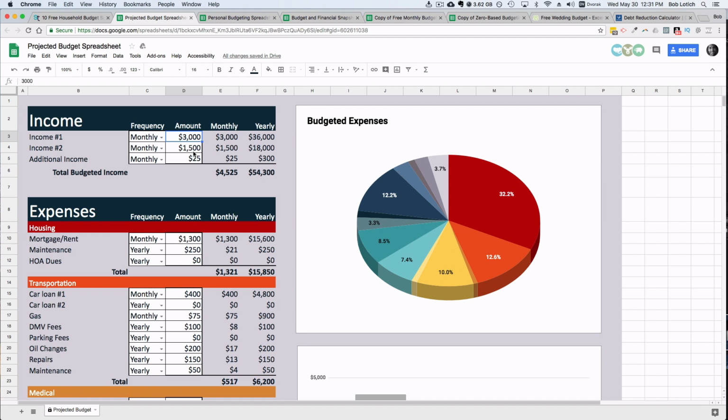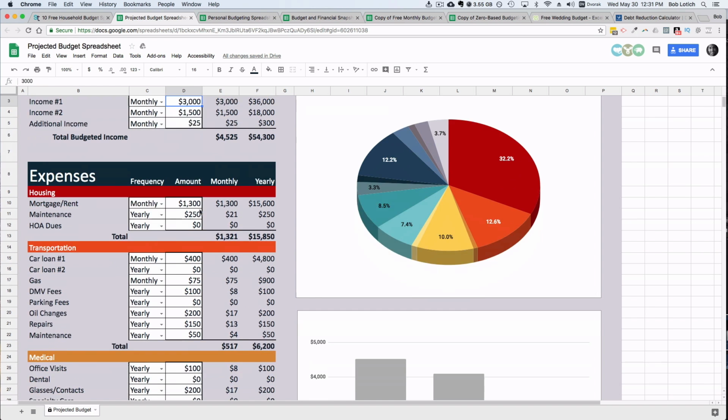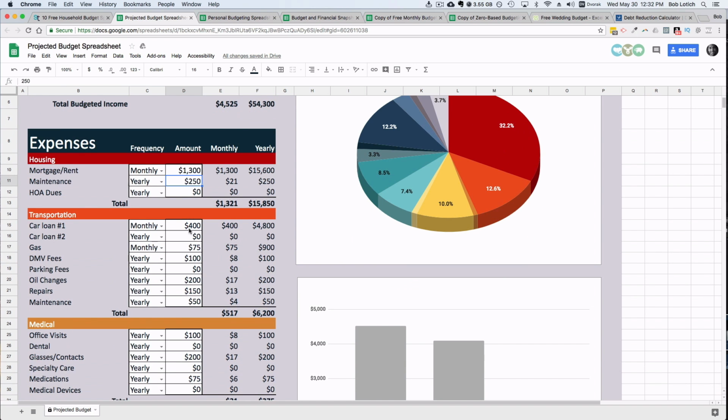And so we set it up so you could just throw in your income and your expenses and get a quick snapshot of where you need to be and if you're in the ballpark as you're setting up your budget. And so you can just change the amounts here. You can change the frequency to weekly or yearly or whatever, however you want to break that out. And then you can just adjust whatever you have going on here,